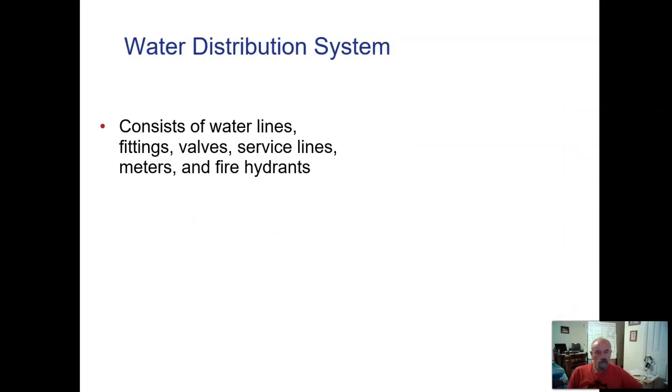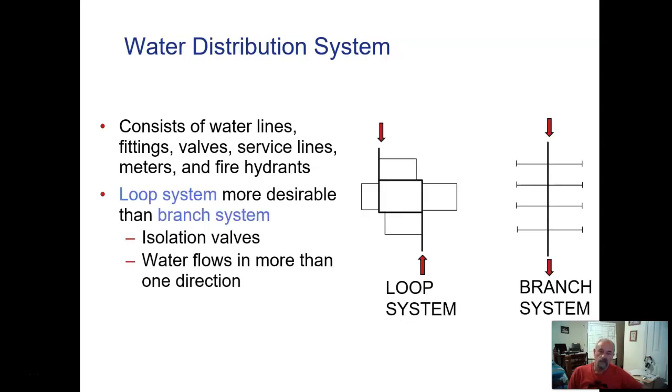The water distribution system includes all of the water lines, the components, everything that is attached to the water lines. There are basically two different types of distribution systems and configurations: a loop system and a branch system. A loop system is more desirable than a branch system because it has isolation valves, so water flows in more than one direction. The drawing on the left, you can see two arrows coming straight in towards the center,